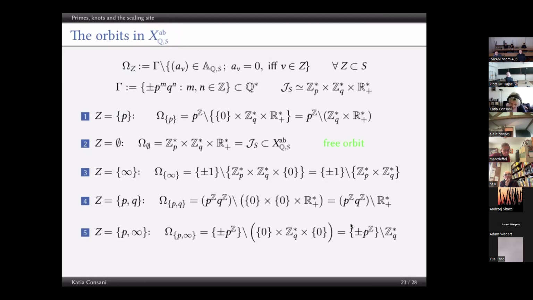So if we start to understand the orbits in the semi-local version of the Adele class space, we will see, when two primes are involved, several of them. There is a free orbit. There is an orbit attached to the prime P. But there are also orbits which are secondary. It's like when you take a stratification and you have the main stratification of codimension 1 and embedded stratification when, in this case, more than one prime is involved. So you will have further orbits when you choose, rather than a single prime, two primes, or primes and infinity, etc. So the orbits are all collected here,